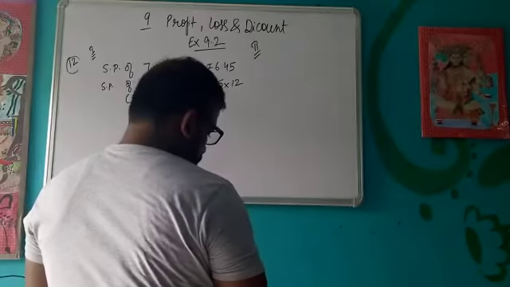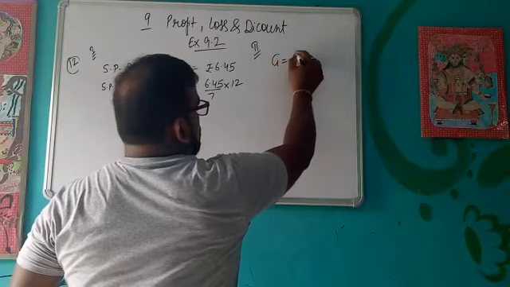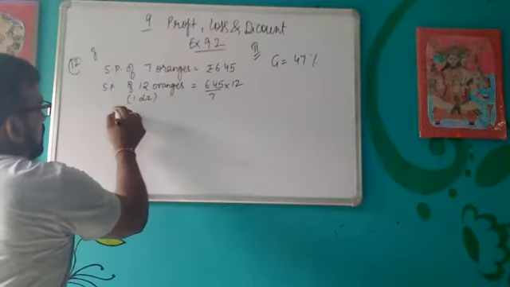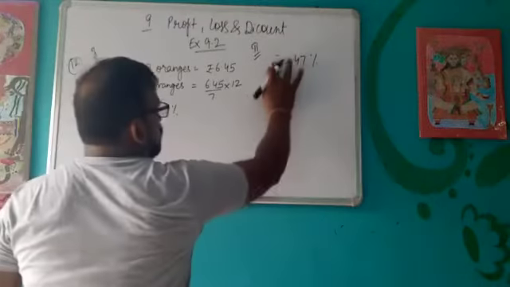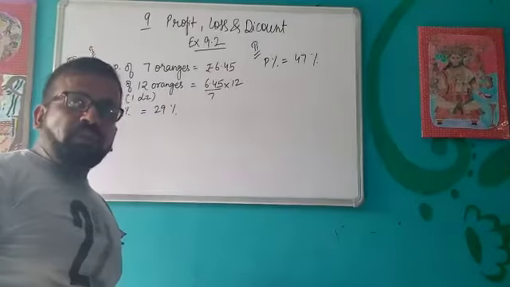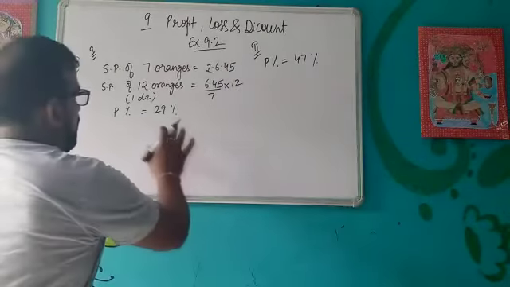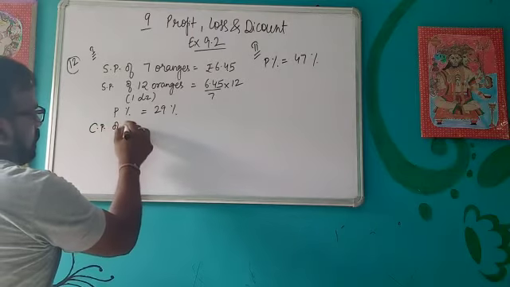So what we need in this, it is given that gain is equal to 47% for the second part, and in the first part P percent or gain percent is 29%. Okay, here also I am writing P percent. So one thing that will remain constant will be the cost price of the oranges. So first I will calculate the CP of the oranges. So CP of 1 dozen.